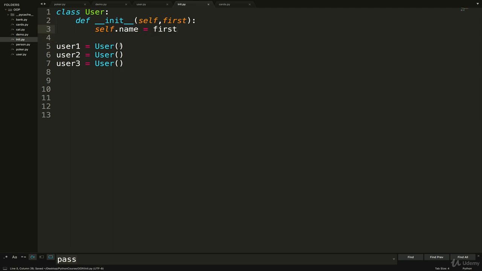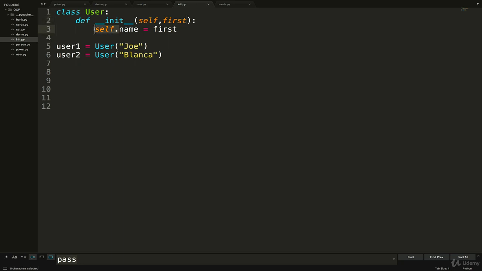And now what we have to do is provide a name here when we initialize a user. So let's go with user 1, and let me just do 2 users this time. So user 1 will be Joe, and user 2 will be Blanca, like this. So what I'm saying is when a new user is created, provide Joe to init. So self always has to be that first parameter. We never actually explicitly pass anything in as self. Python takes care of it. It's sort of behind the scenes magic. So Joe is going to be assigned to the first parameter.